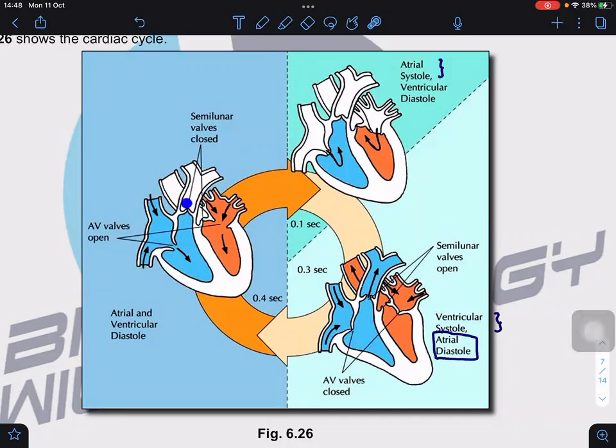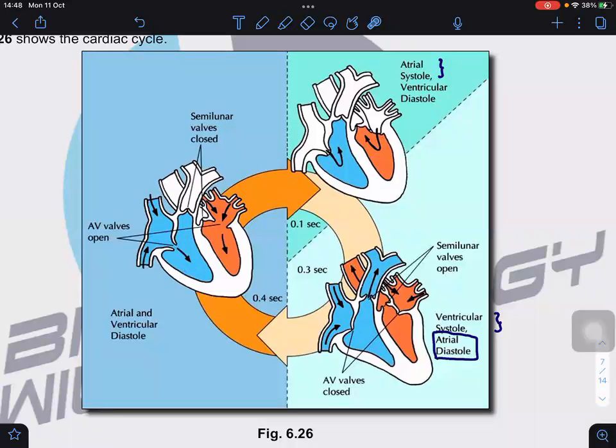So the closure of the semilunar valve here creates the second heart sound. Okay, second heart sound. So that's why lub, dub, lub, dub. Lub because of the closure of the AV valve, dub because of the closure of the semilunar valve during the diastole. So, okay, can you see that? Why? Again, because the ventricular diastole